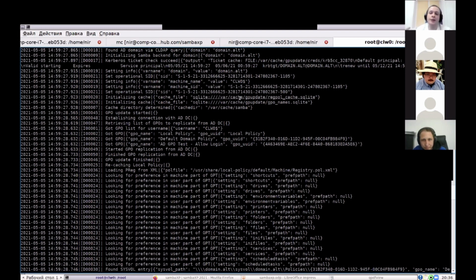At the moment it is Samba, but we are planning to implement a policy fetcher for FreeIPA, and the registry is needed to store settings independently from the settings source, and it allows our policy applier code to work without knowledge of the source of the settings. And so